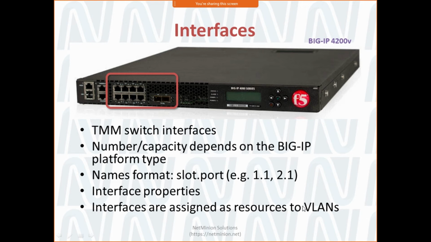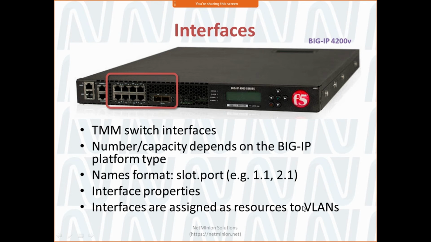Each of the interfaces on the BIG-IP system may have different properties. Like the MAC address can be different. The MAC address should be different for them. Media speed can be different. Maybe duplex mode if you want to set it. Maybe if you want to enable or disable LLDP, which is a bit like CDP in Cisco terms.